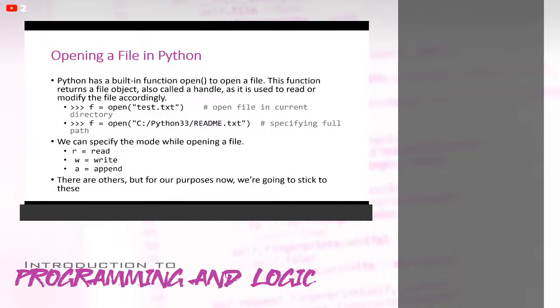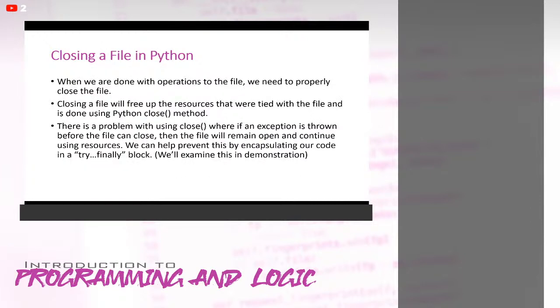And so from opening a file, we can also close a file. When we're done with the operations to the file, we need to properly close the file, and closing the file will free up the resources that were tied with the file. And we do that using the Python close method. Now, we do have this one issue when we're using the close method, where an exception is thrown before the file can close. So if there's some kind of problem, some kind of error message that you get before the file is properly closed,